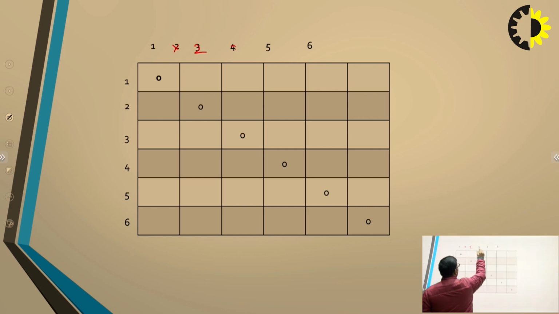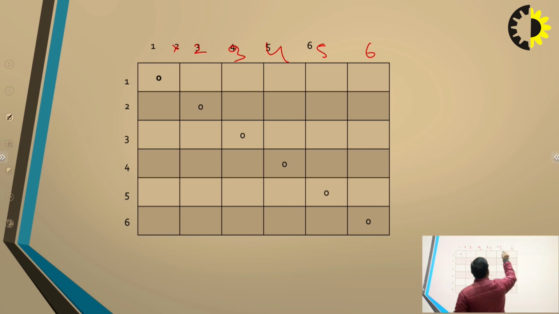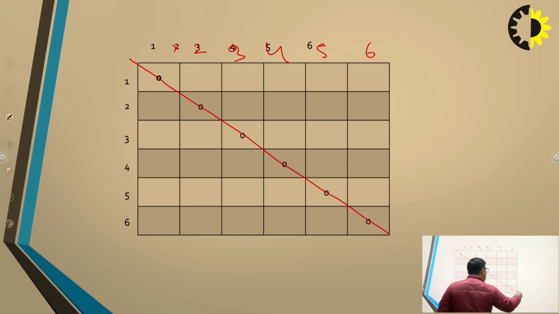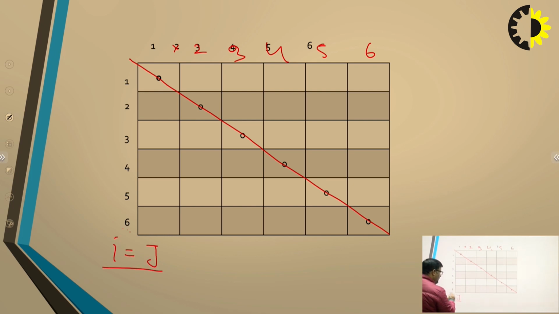One, 2, 3, 4, 5 and 6. Okay. And always keep in mind, these diagonals will be 0 because here i and k will be the same, meaning Aij